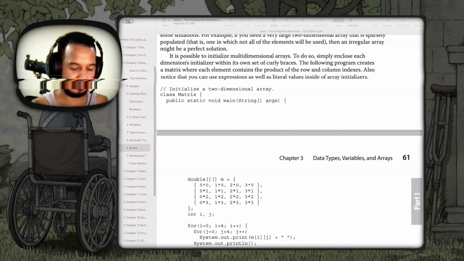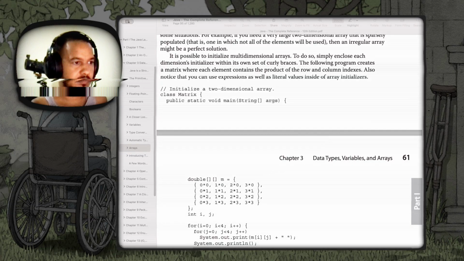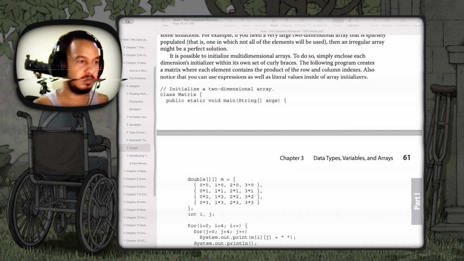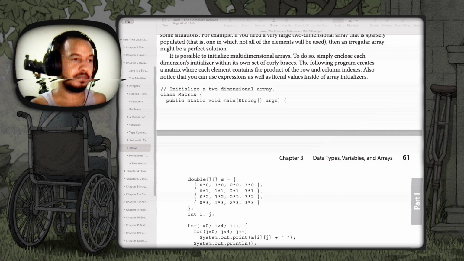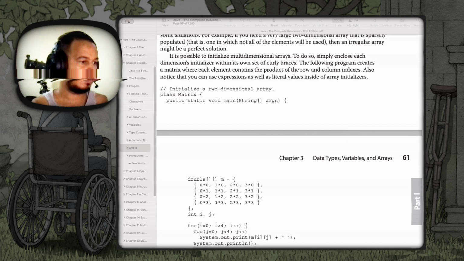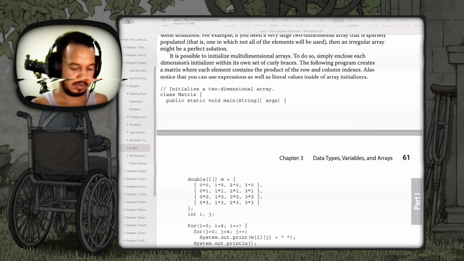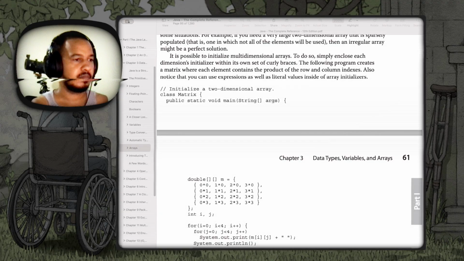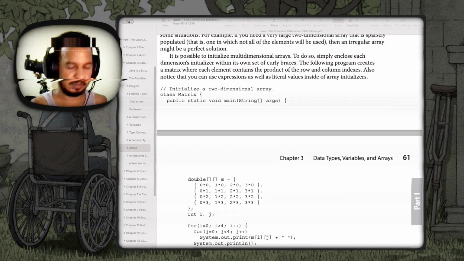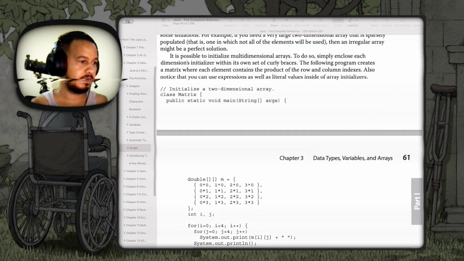Okay, 0, and then 0, 1, 0, 1, and then 0, 2, no, 2 times 0, okay, 2, okay, 0, and then 3, 0, and close the first bracket, comma,